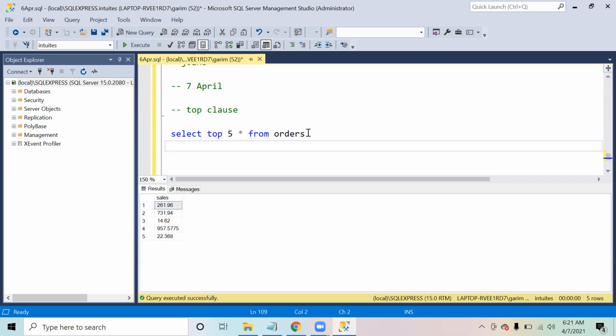But our idea is that we were just trying to understand what kind of data we have in that table, and that is something that we can get an idea about by just looking at some initial rows as well.